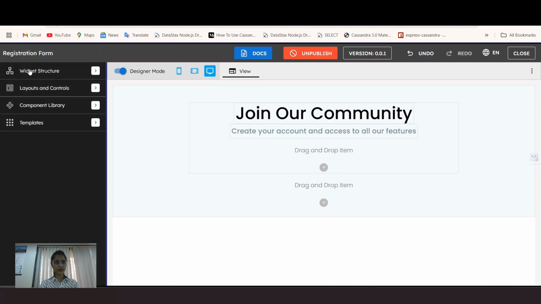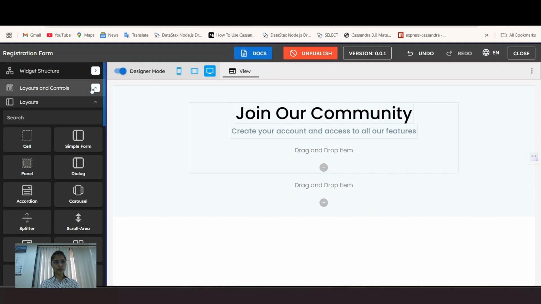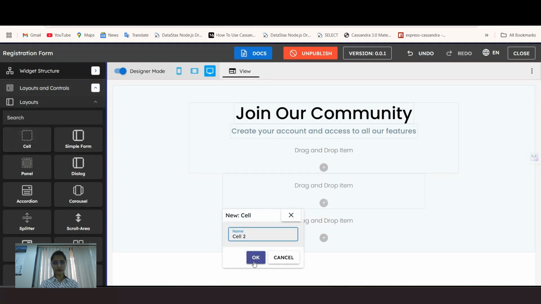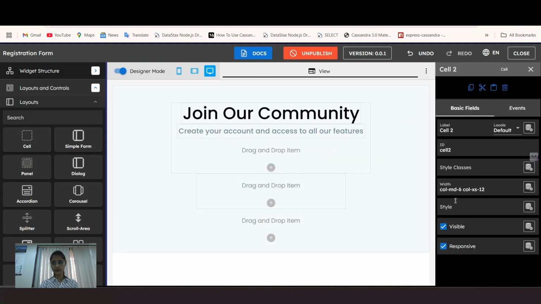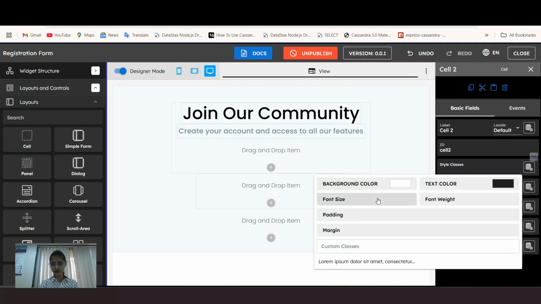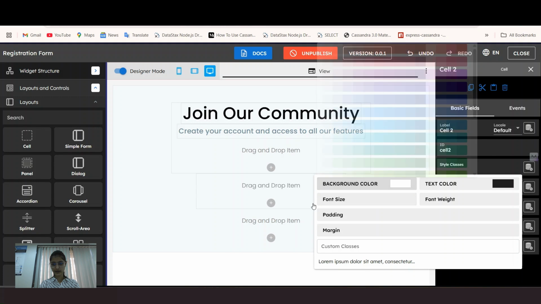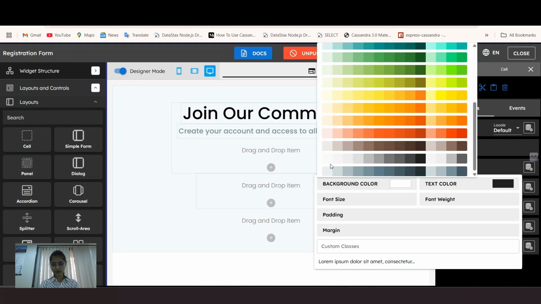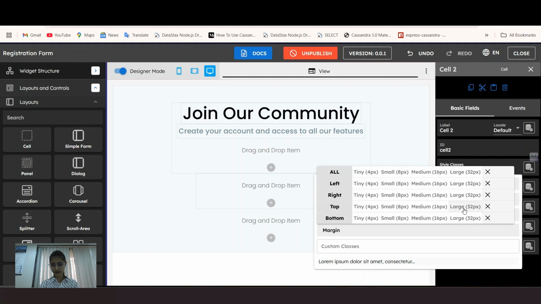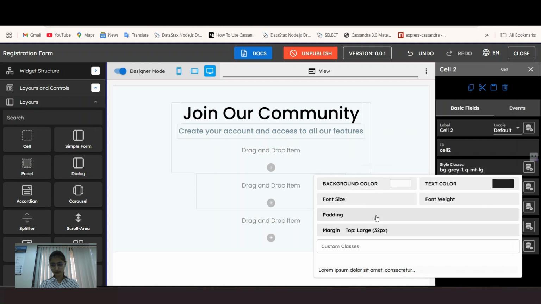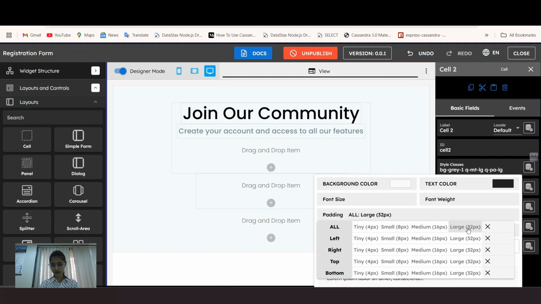Now, for that, you need a cell. We need to click on layouts and controls, select one more cell, drag it over here, click on OK, click on the cell to select it. Now, add the styling to the cell, select the background color, click on margin, add the margin, click on padding,